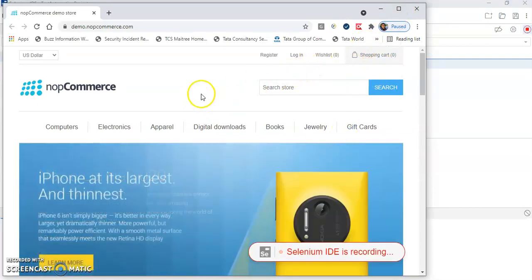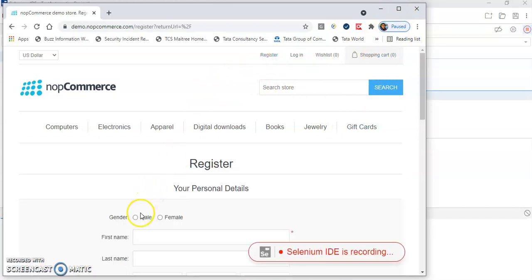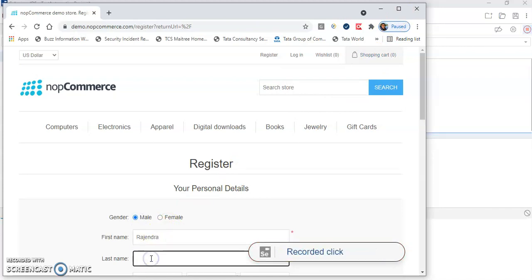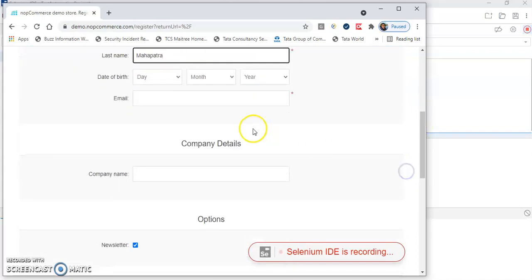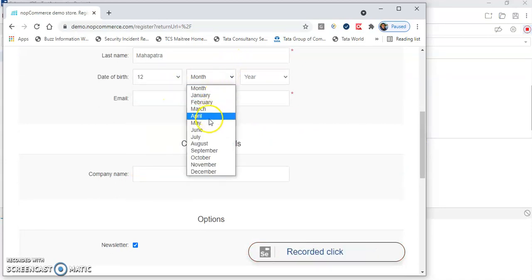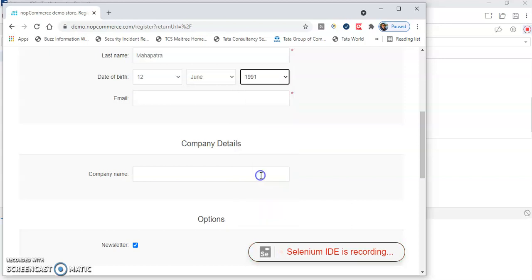After that, suppose I want to click on this register. Then I will click this male radio button. Then I will enter first name, then last name. After that, suppose I have to select some date of birth. Let me select something. Any value you can select.